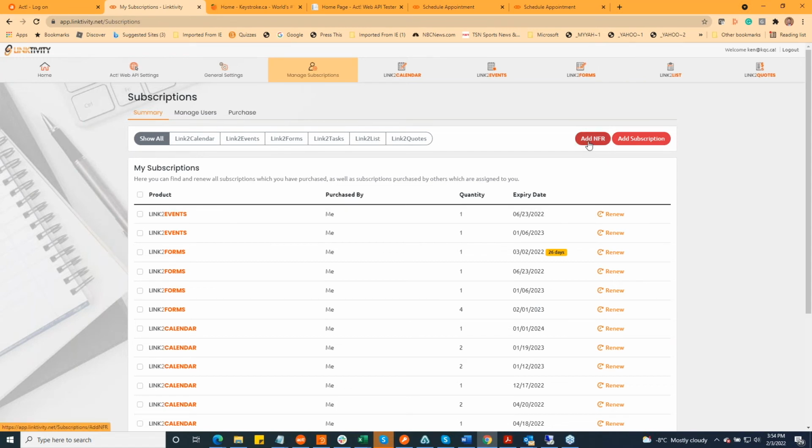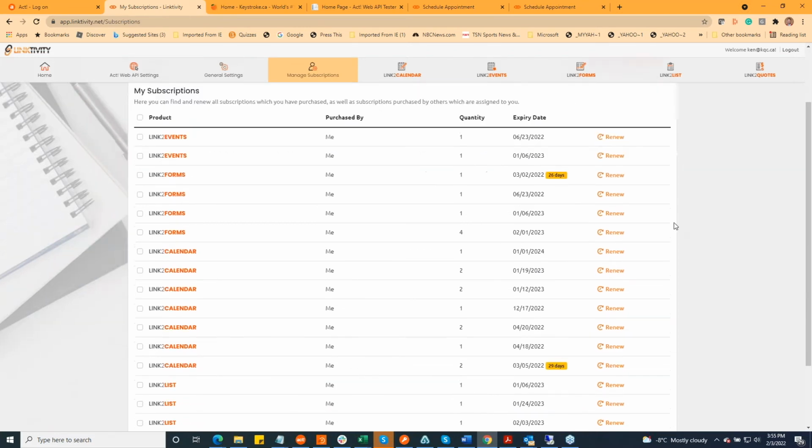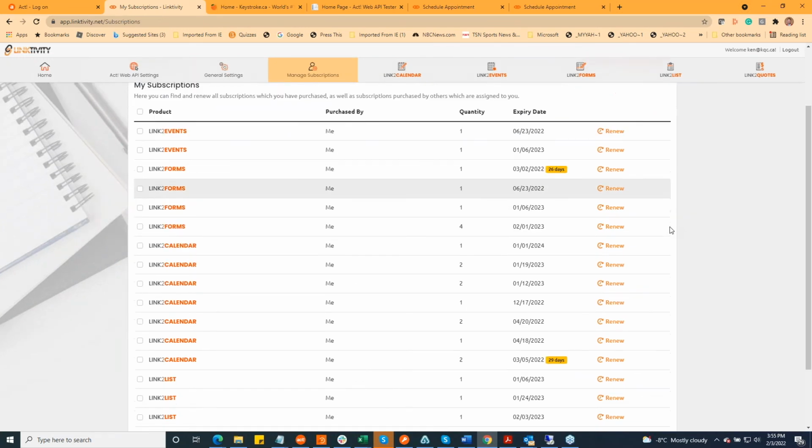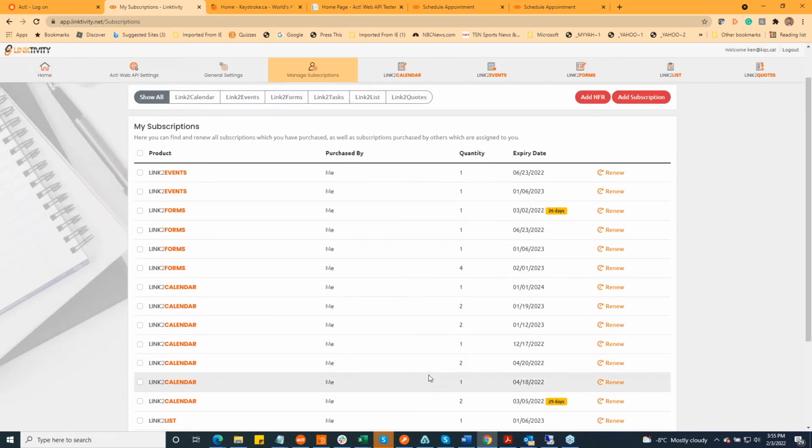Now obviously, add NFR is only going to exist with mine, which is not for resale, so I can assign this to different resellers. But I would say add a subscription. And I'm going to get into that later. But here's where they're all lumped together. Now, in most cases you're not going to see as many as this, but if I see my Link to Events one and I want to renew it, all I got to do is click on renew,